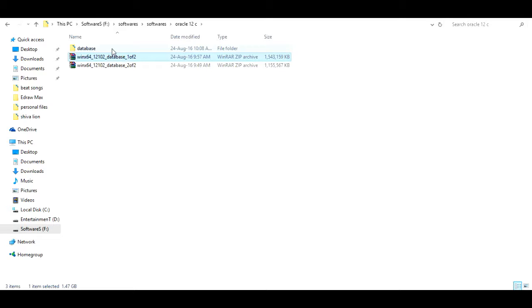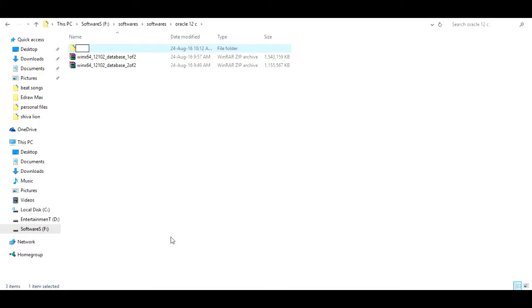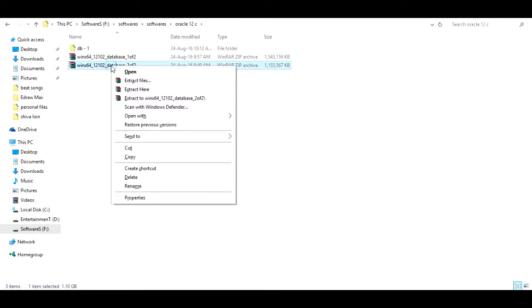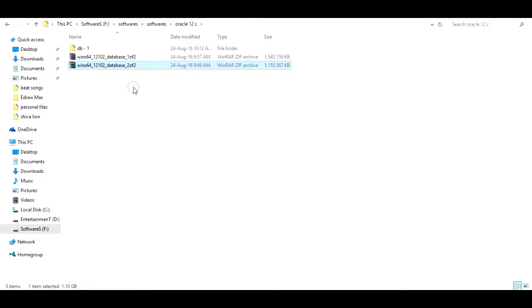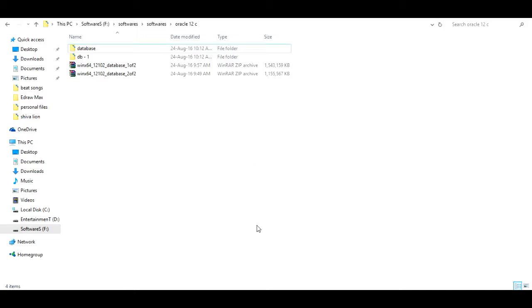Okay, it is done, and I want to rename it as db1. This is important because we need to identify which one is the first one and which one is the second one. Now I'm extracting the second one. It is also done, and I rename it as db2.